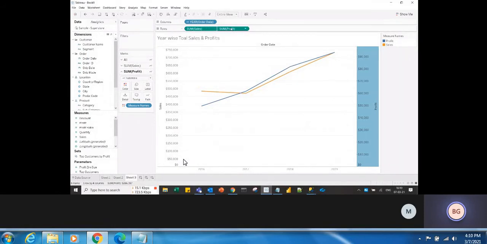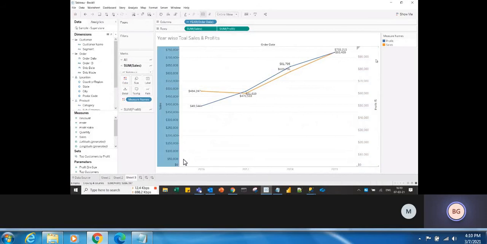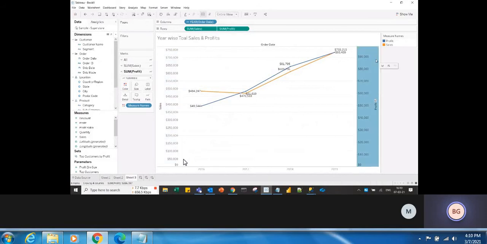So if you see, the legends are showing here, profit is in blue color line, right, and the sales are in orange color line. Okay, so sales is having separate axis, profit is having separate axis, but we are comparing it in a single view, like single pane.